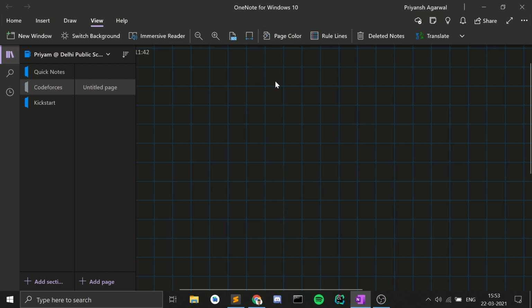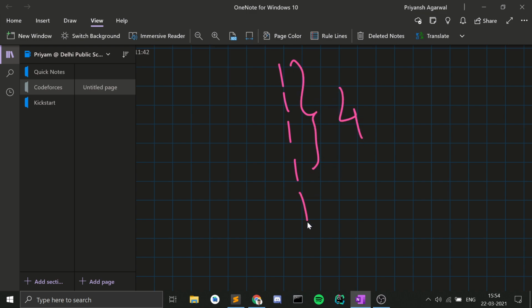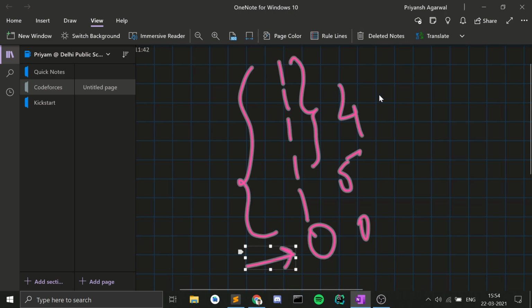So if there are ones here, the length of the longest segment that has ones here is 4. And if there is another one here, you can say that the length of the longest segment that has ones to the top side is 5, right? And if you encounter a 0 here, then you can say that the longest segment of ones here is 0, because you will have to start here, right? And I can dry run this.